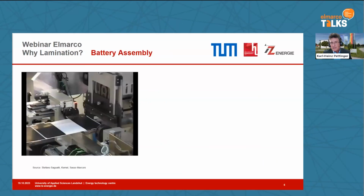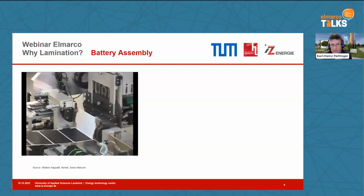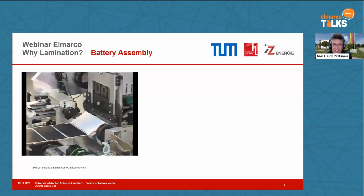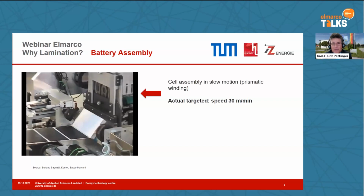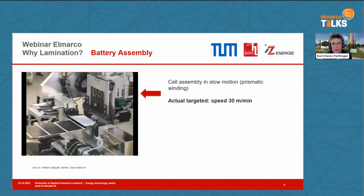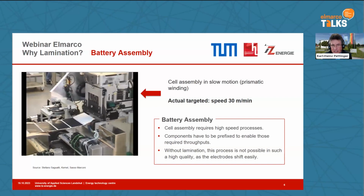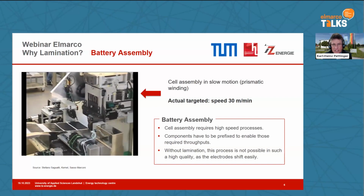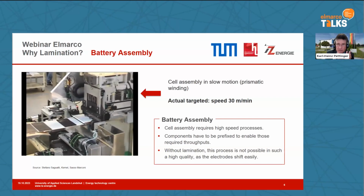Next slide, please. So this was the aspect of the interface, to fix them and to create longevity. The second aspect is the assembly of the cell. I have here a video of a cell assembly, a prismatic cell, which is being wound. And this video is really in slow motion. The actually targeted speed in the battery industry is 30 meters per minute, not the slow motion one, it's 20 times